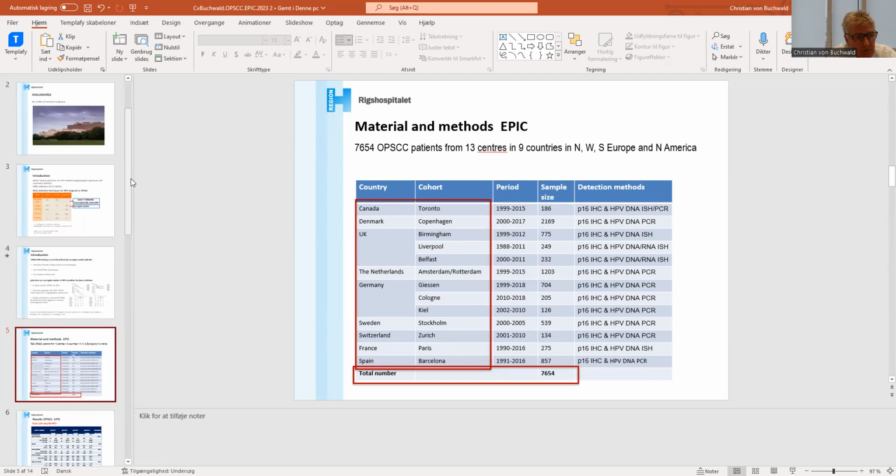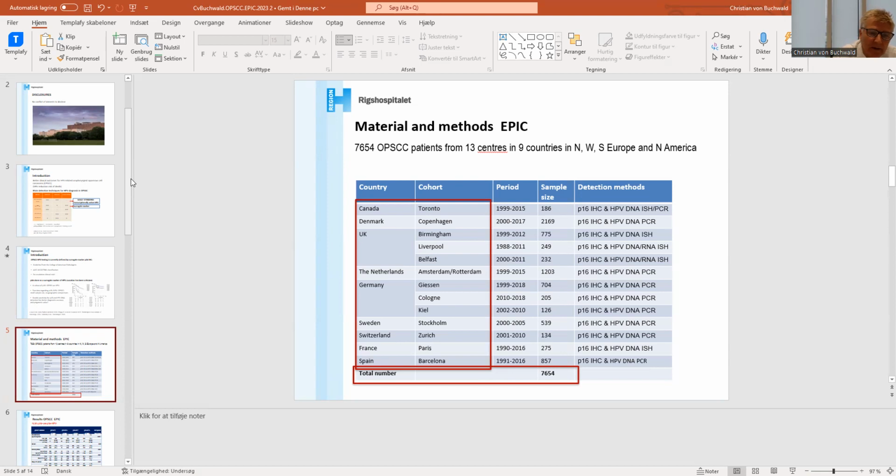What you see here is that we have recruited almost 8,000 individual data from patients with oropharyngeal cancers, and they originate from 13 centers in 9 countries, in North America, Western and South Europe, as you see here. You can also see that the contribution from Denmark, which I'm very proud of, is the largest portion of the cases. Further on, you can see that Canada, the UK, the Netherlands, Germany, Sweden, Switzerland, France and Spain have all contributed to this